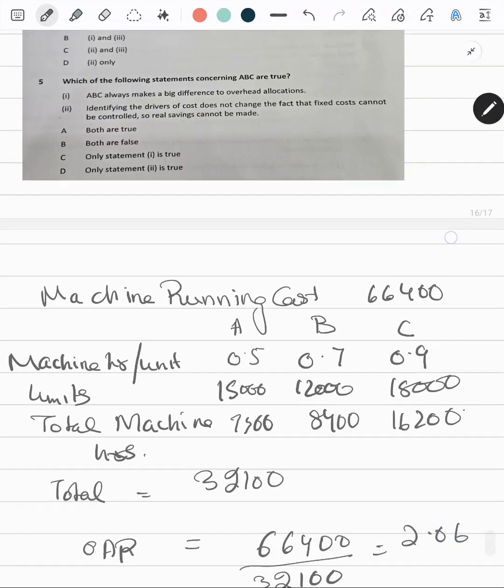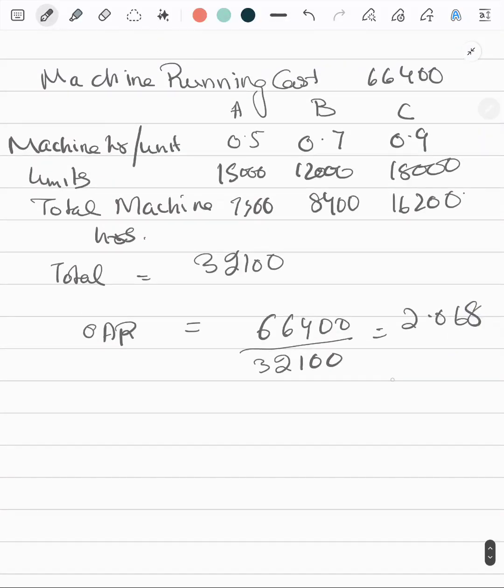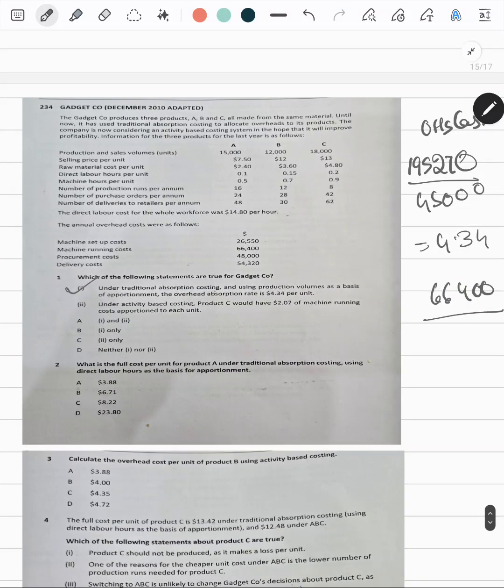2.068. I can say that this is 2.07. So my second statement is also correct, and I can say that both 1 and 2 are... wait a minute. So under activity based costing, okay, now what mistake I did over here is we need to